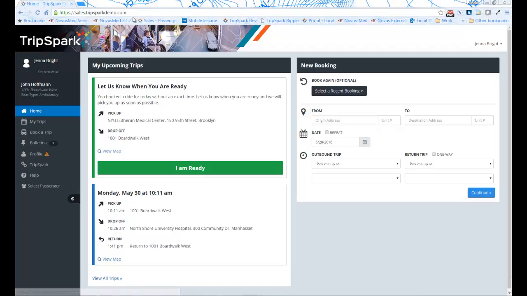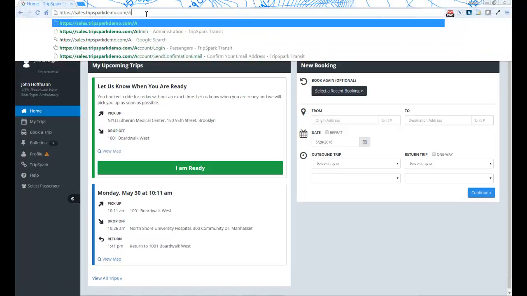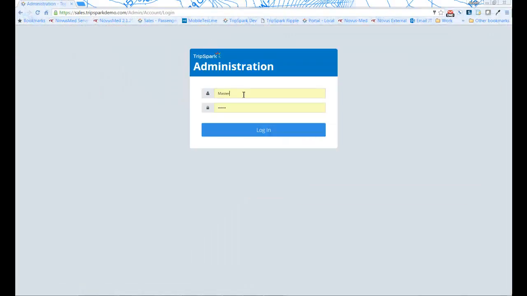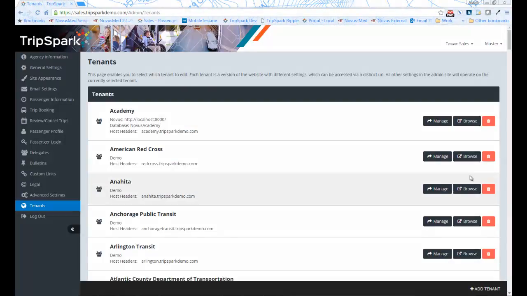Now, if I go into the administrative portal, it's /admin and it's a separate login. This shows all of the setup, and really the passenger portal is designed to be self-managed by the transportation entity. So you can see here, first off, I have tenants here, and this is truly a multi-tenant